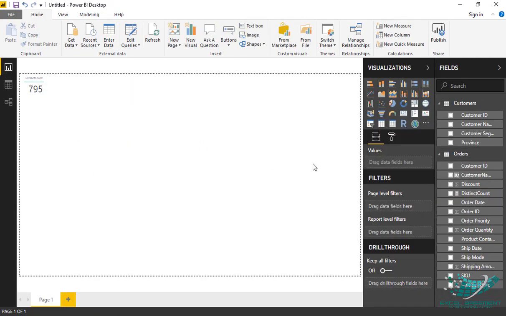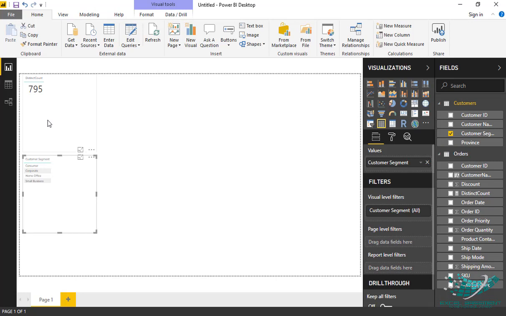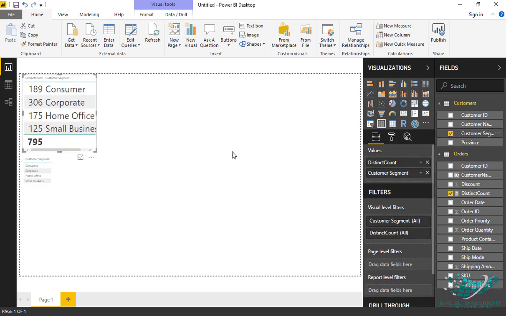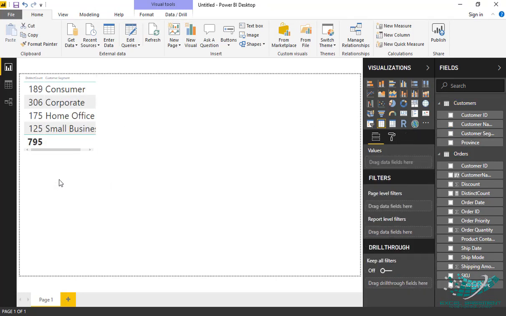Now we can use it from a different angle. For example, if I want to see the 795 customer segment wise, I just have to click on the customer segment, and now it shows that out of 795 distinct customers, 189 relate to consumer, 306 to corporate, 175 to home office, and 125 to small business.